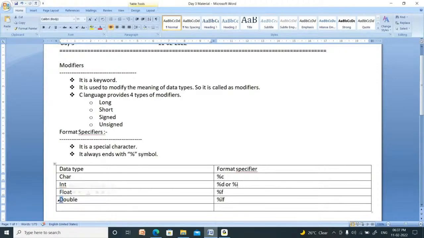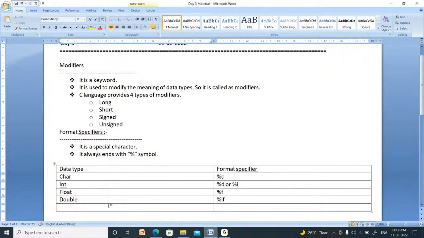For double we would have to use %d, but we already used %d for integer. That's why %lf is used. LF means long float. I already explained that float maintains 6 precisions, whereas double maintains 10 precisions. That is the only difference. So double is nothing but long float. That's why we call it LF.